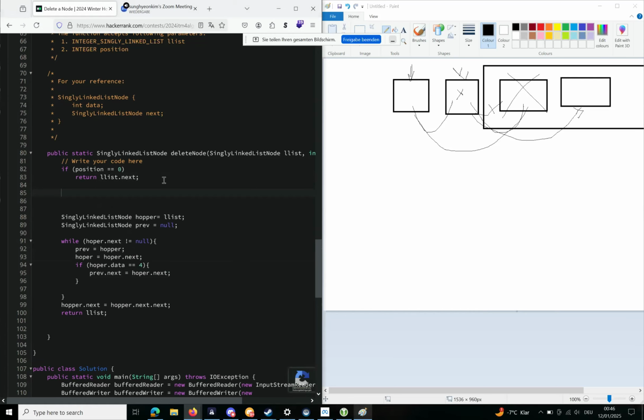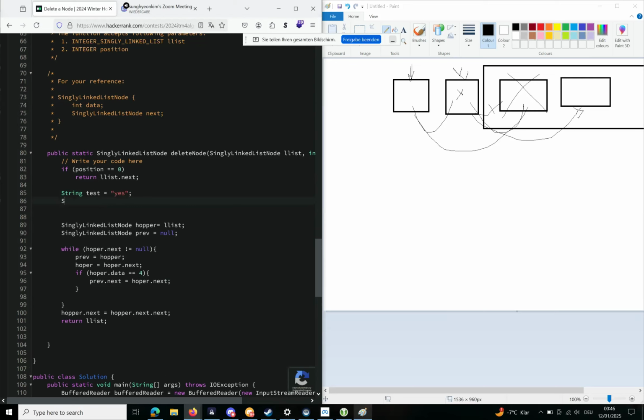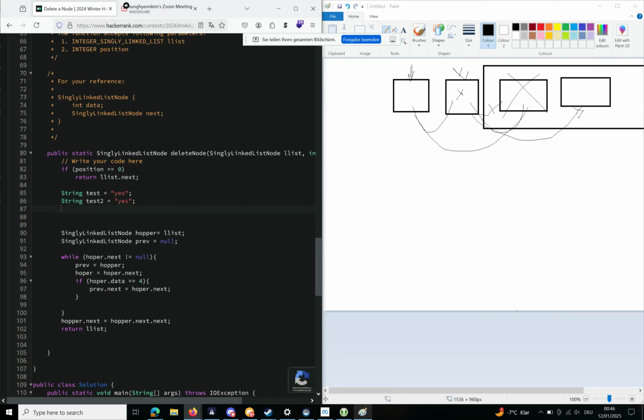If you statically generate a string in the main, like string test and string test2, and you do if test equals test2,